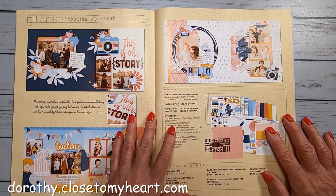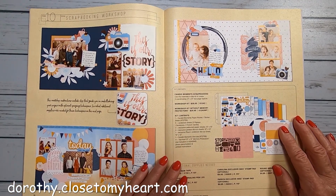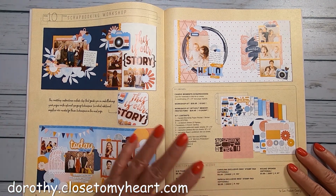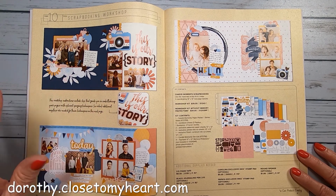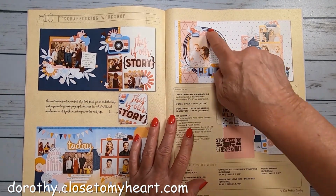And then we've got, of course, our scrapbooking workshop, which I love. I just really love to do them. I love the fact that they give you all the instructions, but it's still fun to do. And then you can totally go off on your own and create your own look if you choose to do so. But I love the layouts that they've got. I really like this